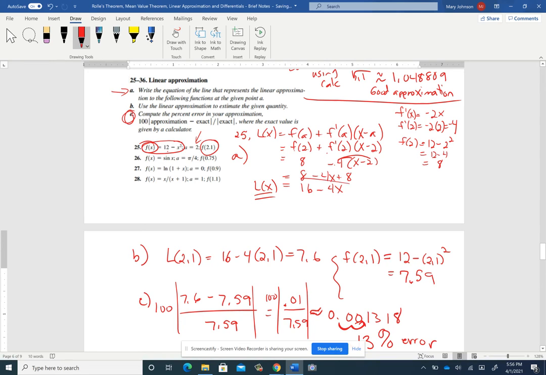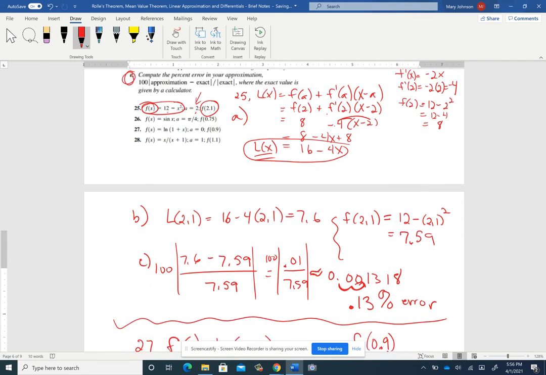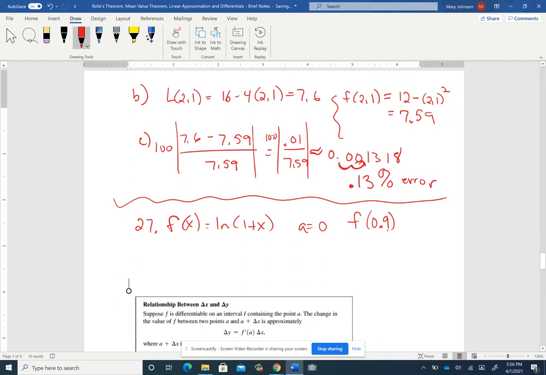This equation we got was the equation of the tangent line at a equals 2. And we were only 0.1 away. So notice the error was just 0.13%, not 13%, 0.13. Okay. All right, so there are a lot of different things you have to do, but the formula you're